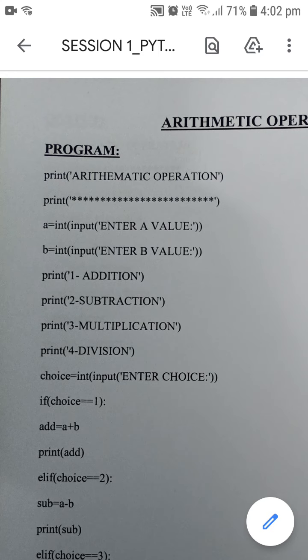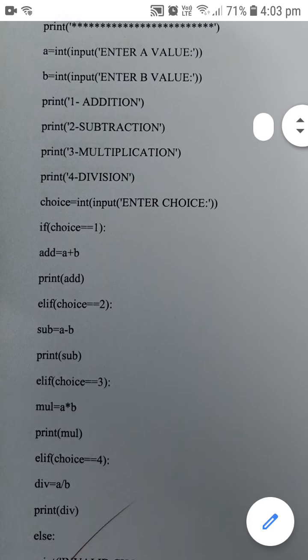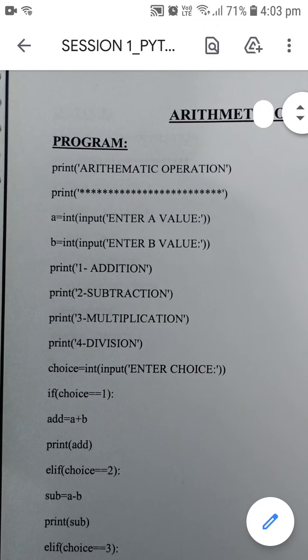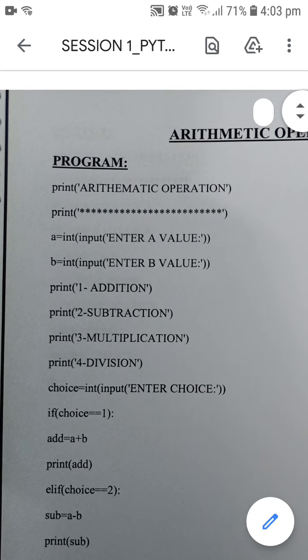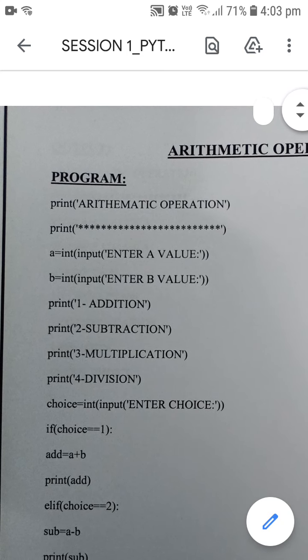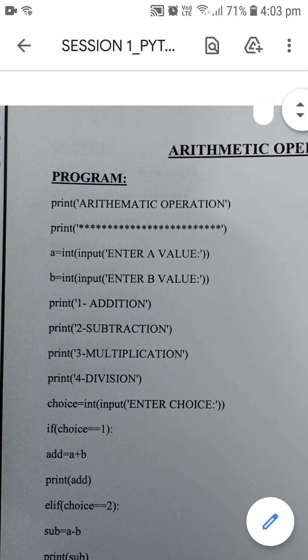While we were studying operators, we studied them clearly. I think you are clear about the operators. Now we are going to look at how these operators can be checked by using a program. This program has to be executed in the Python executable file environment. Here, if you look at the first line, what is that?